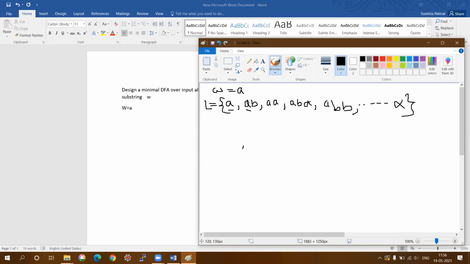तो ऐसा डीएफए बनाने के लिए जो कि ये लैंग्वेज को एक्सेप्ट करता है, तो हम लोग क्या करेंगे, हम लोग पहले इनिशियल स्टेट बनाएंगे। ठीक है, इनिशियल स्टेट कैसे बनाते हैं, क्योंकि हम लोग इनिशियल स्टेट से स्टार्ट करते हैं। तो सपोज मैं उसको नाम दे रही हूँ Q0। ठीक है, और ये जो सिंगल एरो है उससे हम लोग डिनोट करते हैं कि ये एक इनिशियल स्टेट। तो इनिशियल स्टेट में आने के लिए कोई इनपुट सिंबल का जरूरत नहीं है, तो डेफिनेटली मैं इनिशियल स्टेट बना सकती हूँ। इसमें क्या बोला जा रहा है यहाँ पे कि स्ट्रिंग जो होगा उसका स्टार्टिंग होगा ए से। तो ए से स्टार्ट होने वाला सबसे छोटा स्ट्रिंग क्या हो सकता है, सिर्फ ए हो सकता है सबसे छोटा,